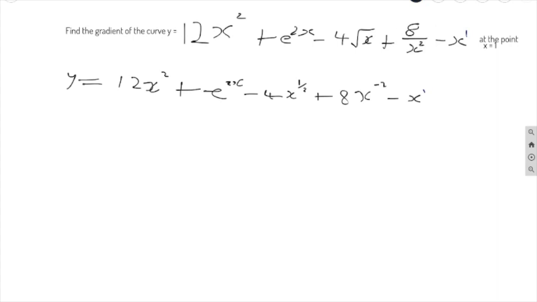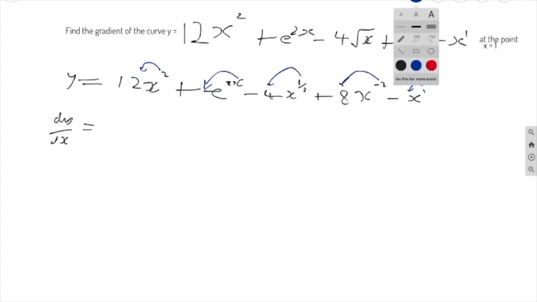Now, we can differentiate. dy by dx equals, we'll use the same logic as before: the 2 multiplies the 12 here, the 2x multiplies whatever's going on in front here, half multiplies the minus 4, minus 2 multiplies the 8, and the 1 multiplies the minus 1 here. Putting all of that together gives us